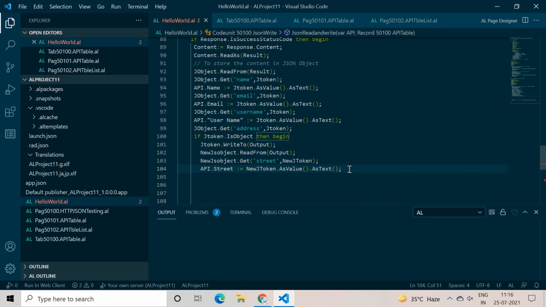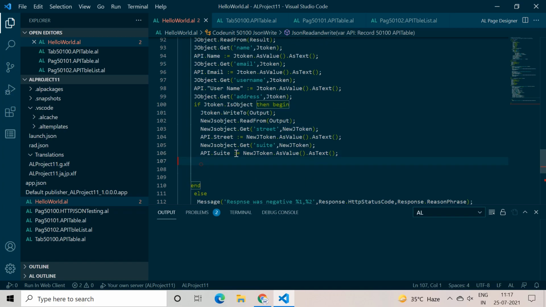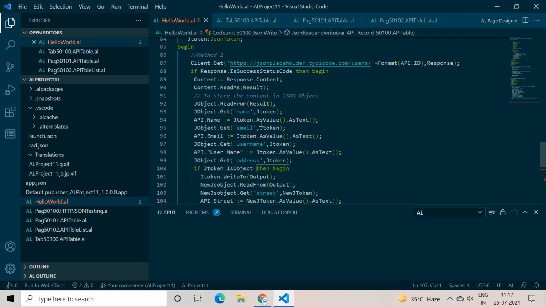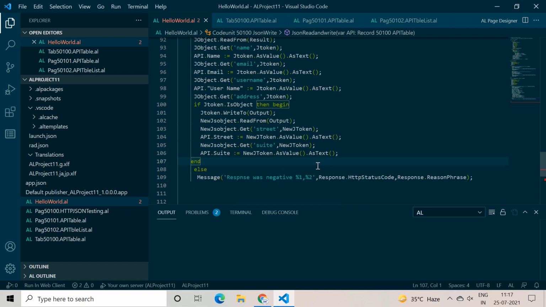Okay, and similarly we can copy this code and type it for suit. All right, so here we can type suit. With this code we have now successfully read whatever values we want into my custom table. So it's time to close this code. Okay, this is my main end.